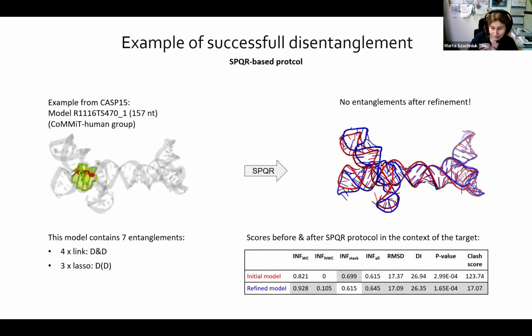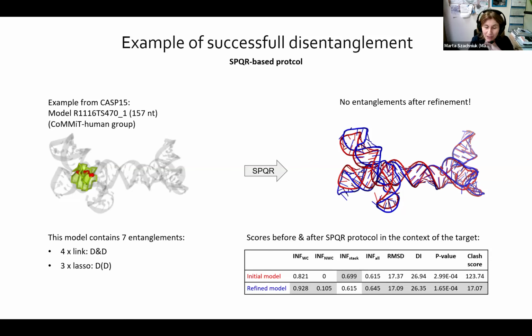Using this protocol, we're trying to find how many entanglements we can remove, and how the procedure affects any other evaluation measures that we can use to